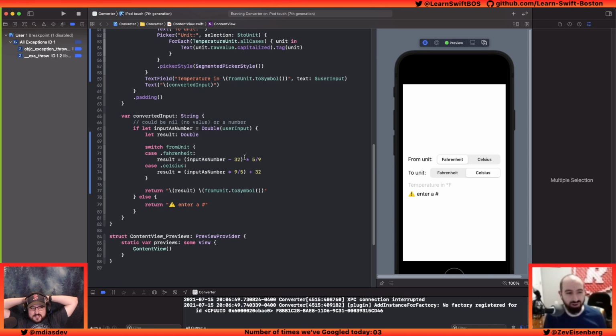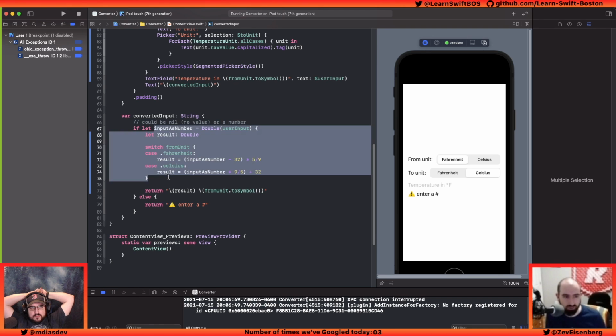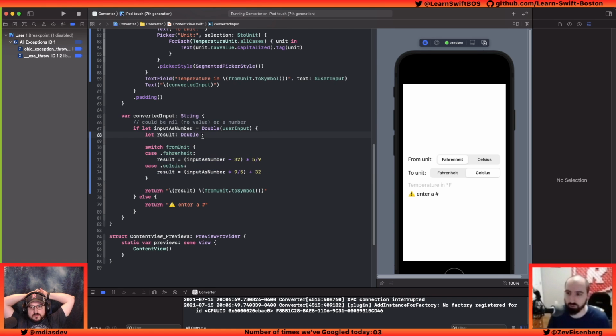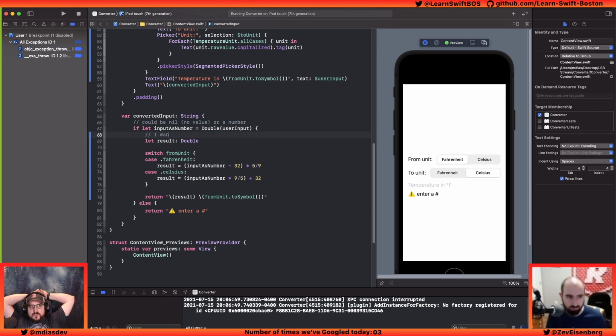All right. So what I'd really love to be able to do is move all the conversion logic to the temperature unit type, so that down here we can just say from unit dot convert number to unit. Sometimes I like to do that. I like to think what's the line of code that I want to be able to write, and then back solve to what would I need to do to get there. So what I would love to be able to do is